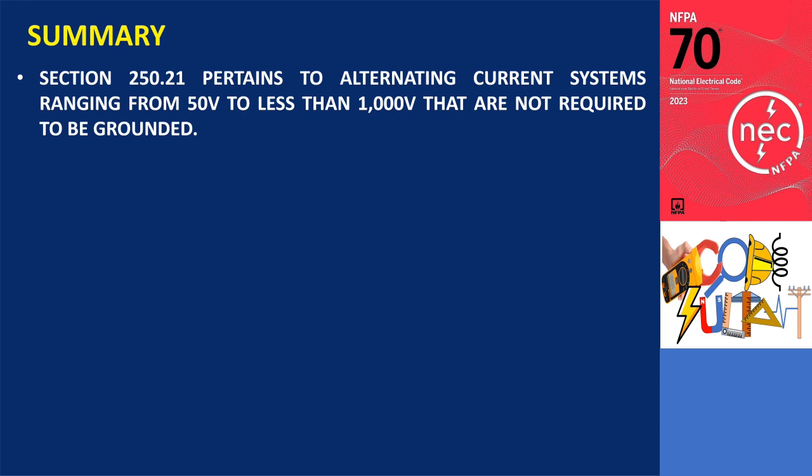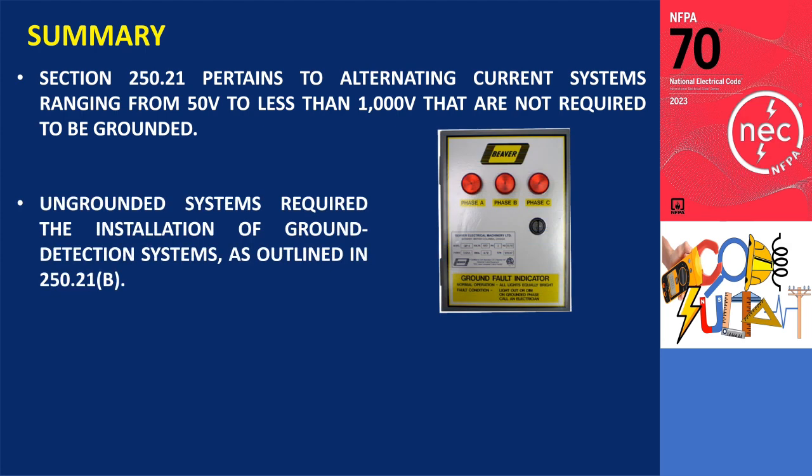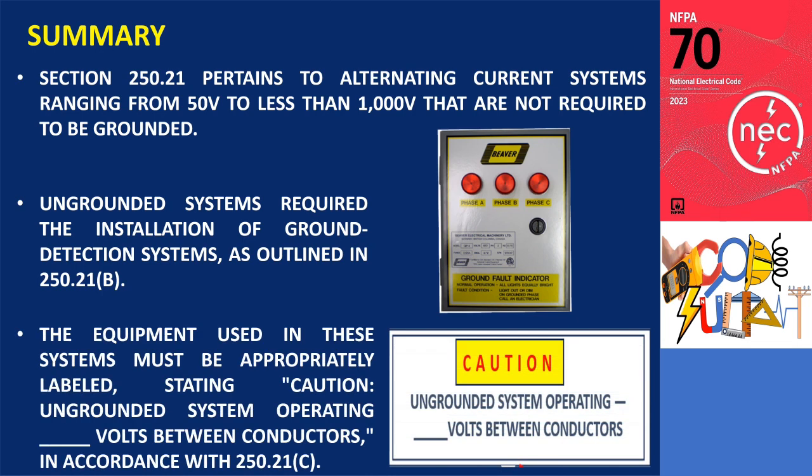In summary, section 250.21 pertains to alternating current systems ranging from 50 volts to 1000 volts that are not mandated to be grounded. If an ungrounded system is chosen, certain requirements must be met to ensure compliance. Specifically, ungrounded systems typically necessitate the installation of ground detection systems, as outlined in 250.21(B). Additionally, the equipment used in these systems must be appropriately labeled, stating, "Caution, ungrounded system operating voltage between conductors," in accordance with